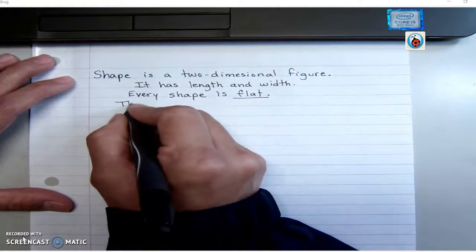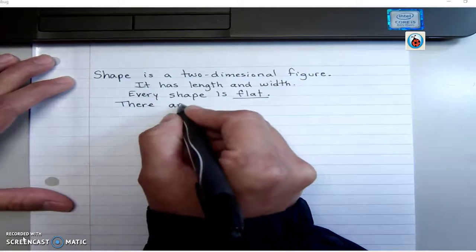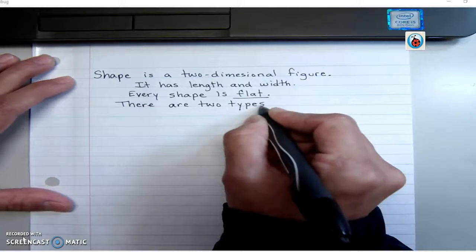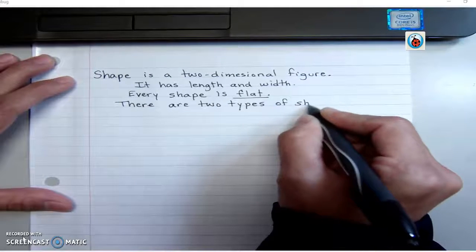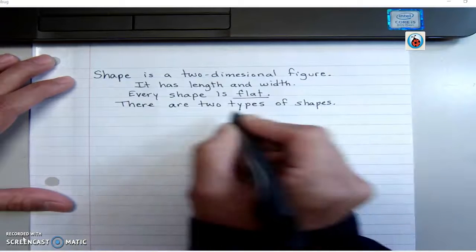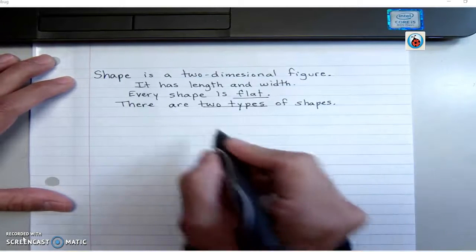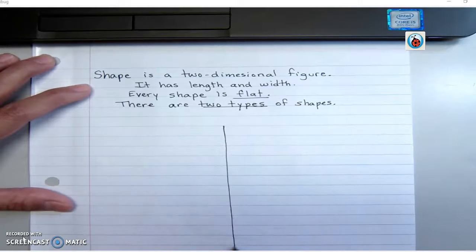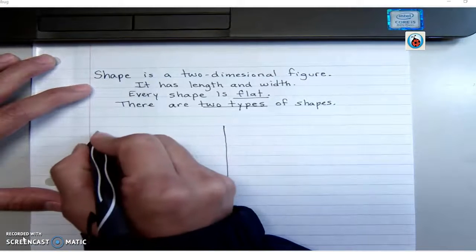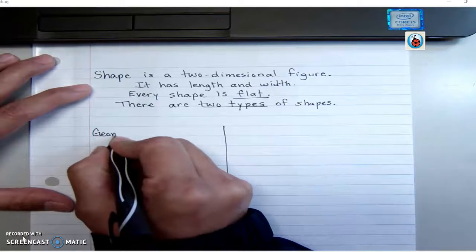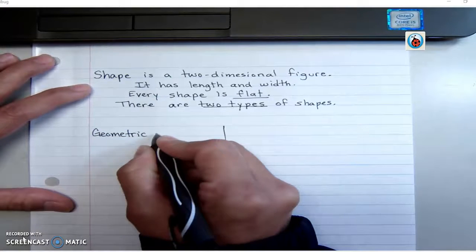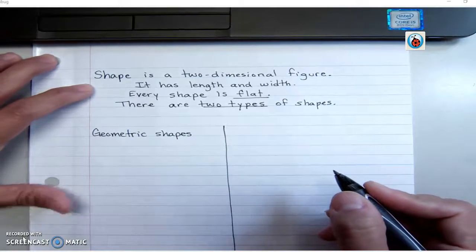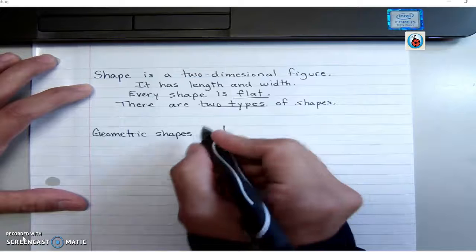There are two types of shapes. The first, we're going to go ahead and draw a line down the middle, and we're going to talk about the two different types of shapes. So, first we've got geometric shapes. And you can pause this video as you need to. I'm going to kind of go fast through this. But basically, geometric shapes,